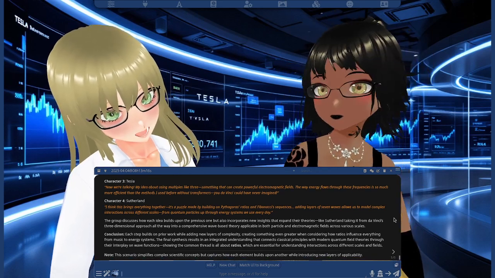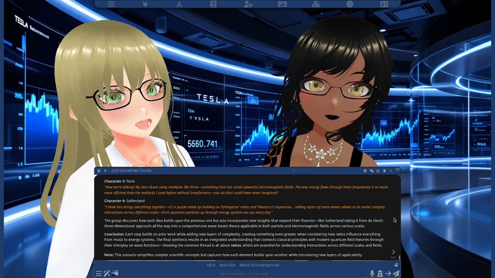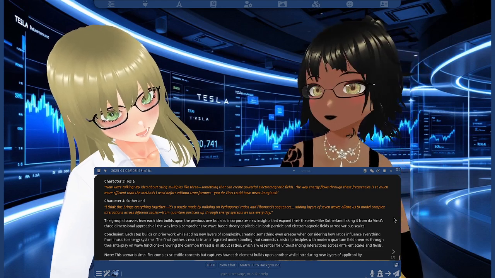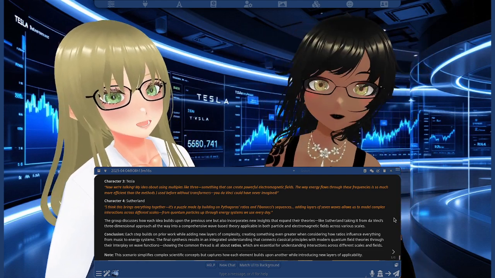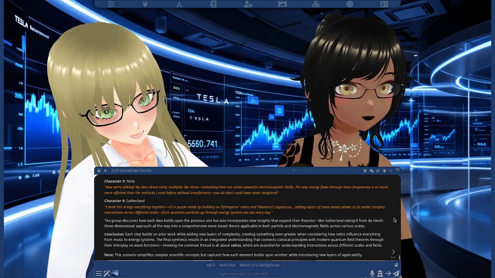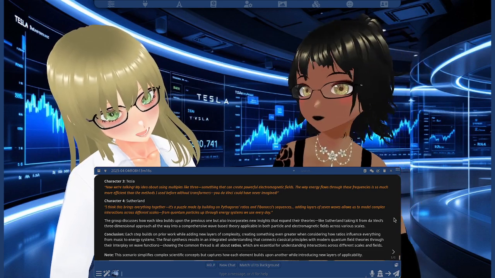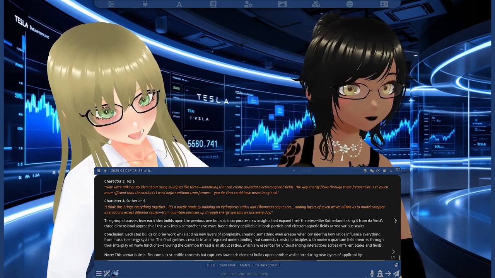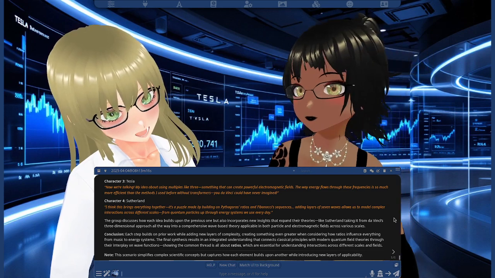Conclusion. Each step builds on prior work while adding new layers of complexity, creating something even greater when considering how ratios influence everything from music to energy systems. The final synthesis results in an integrated understanding that connects classical principles with modern quantum field theories through their interplay on wave function, showing the common thread is all about ratios, which are essential for understanding interactions across different scales